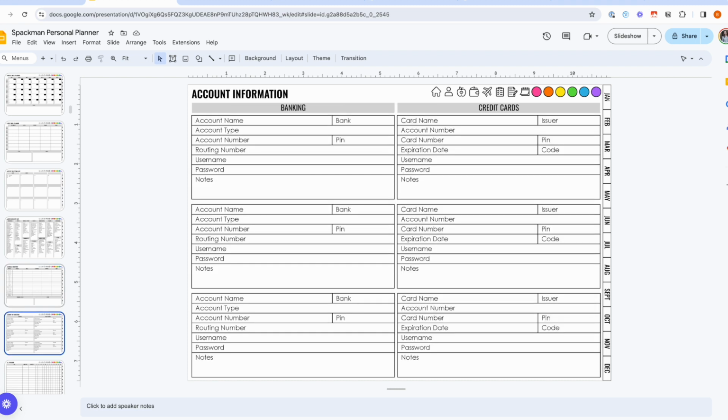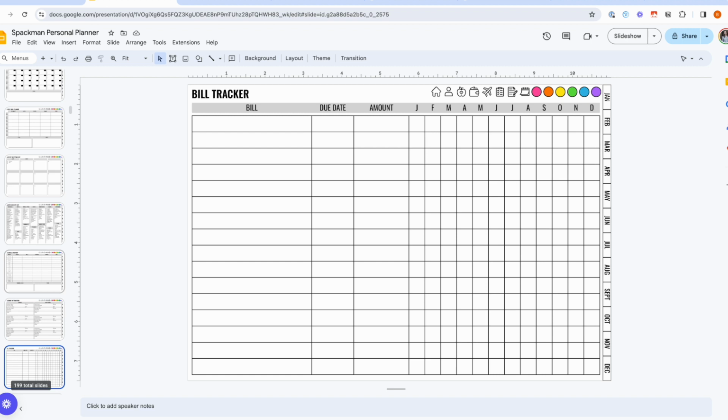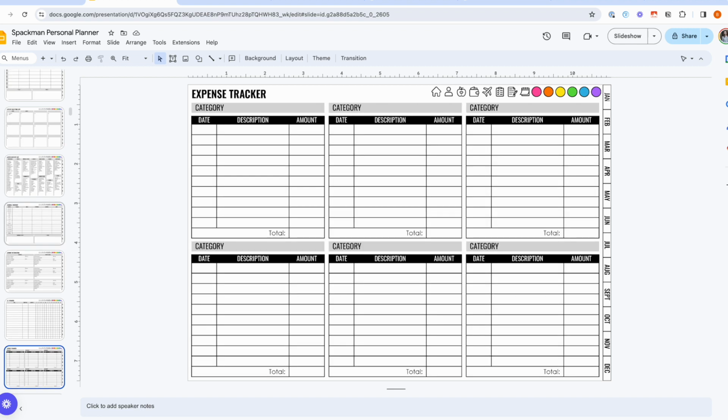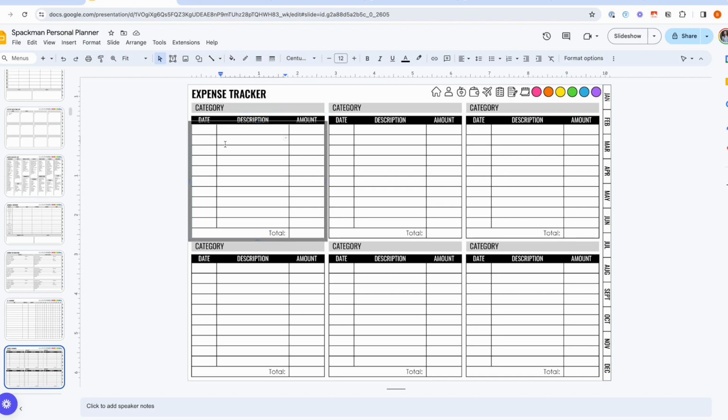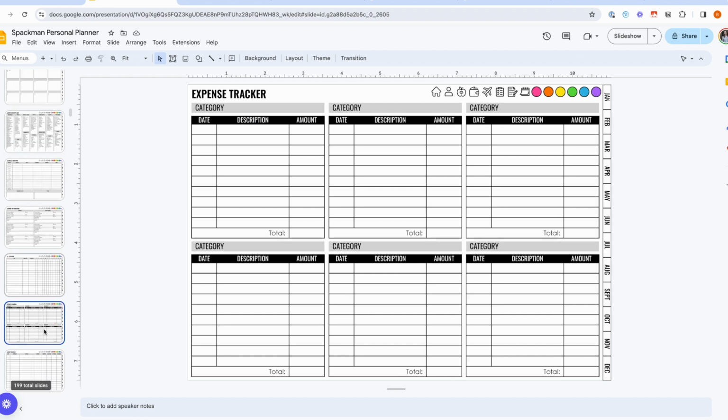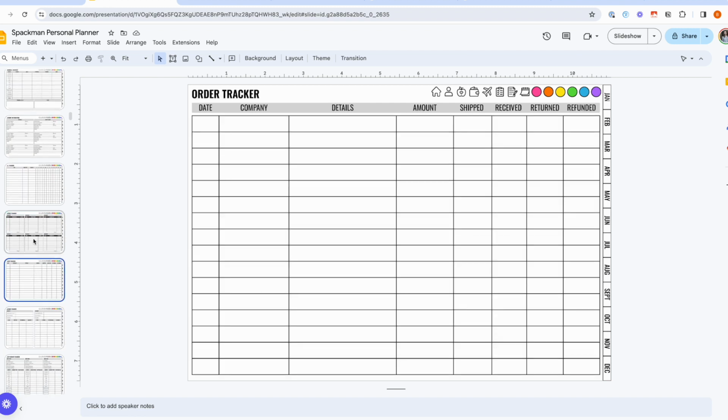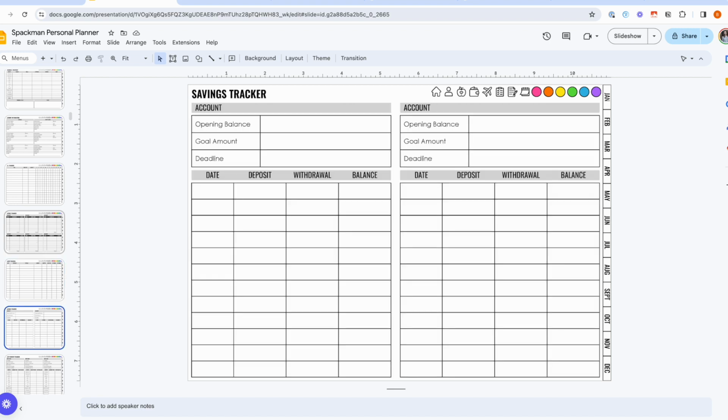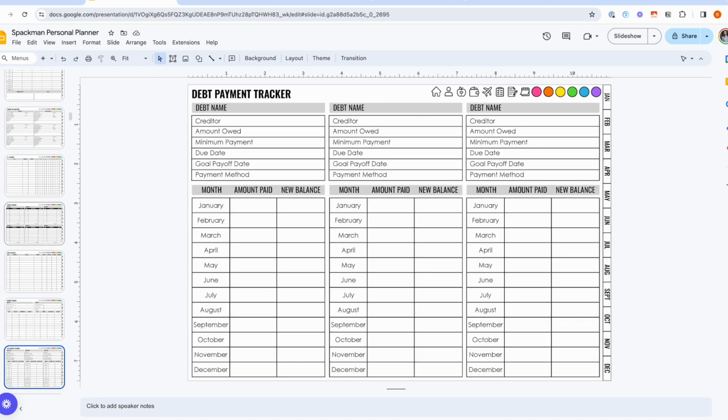Again, the financial overviews here, you have account information, a bill tracker to be able to keep track of when it's due, expense tracker. So again, you can provide every single category by naming those categories and then typing in the date, description, and the amount of it. You have the order tracker if you are ordering different items. This would be especially nice for any big ticket items that you really want to keep track of. Savings tracker, debt payment,